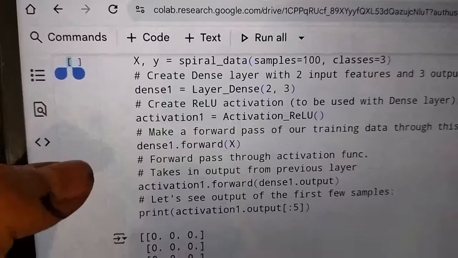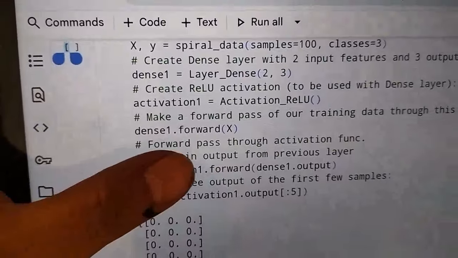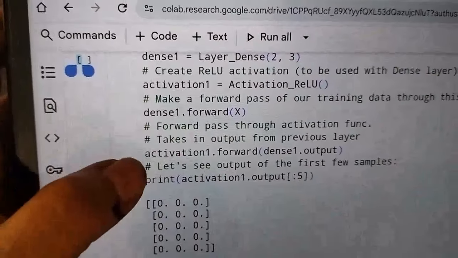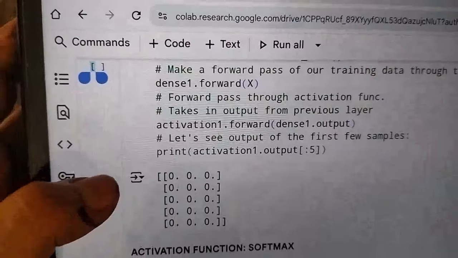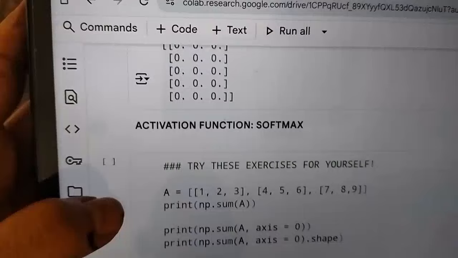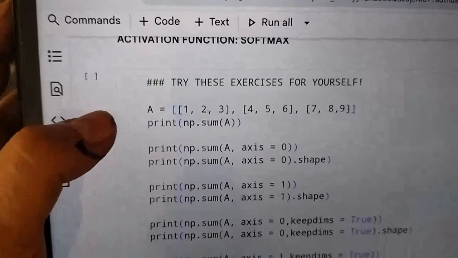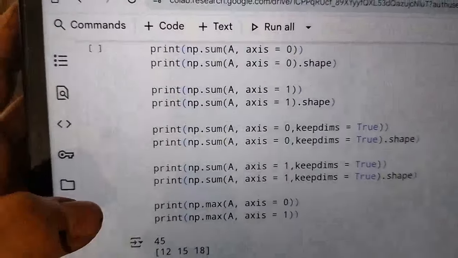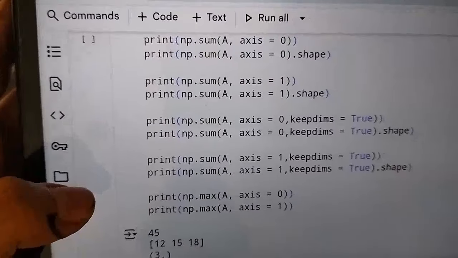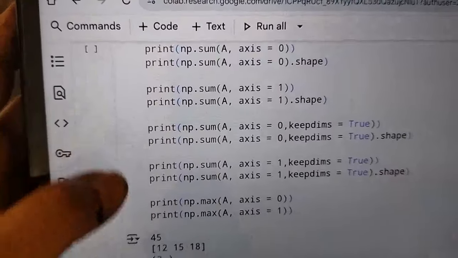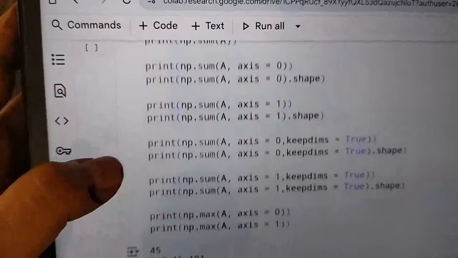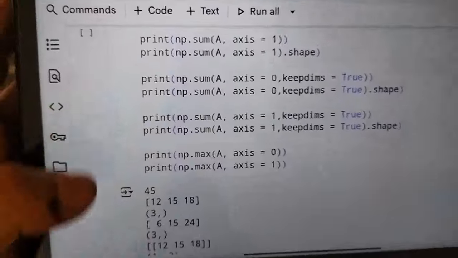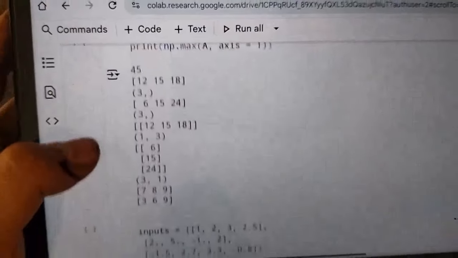The forward pass I already explained. Then I am using the activation function output and printing the value. The same goes for the softmax activation function. I already explained this code: the meaning of axis, keepdims, what happens if you don't take axis equal to 0, and the meaning of axis equal to 1. So you can also check.